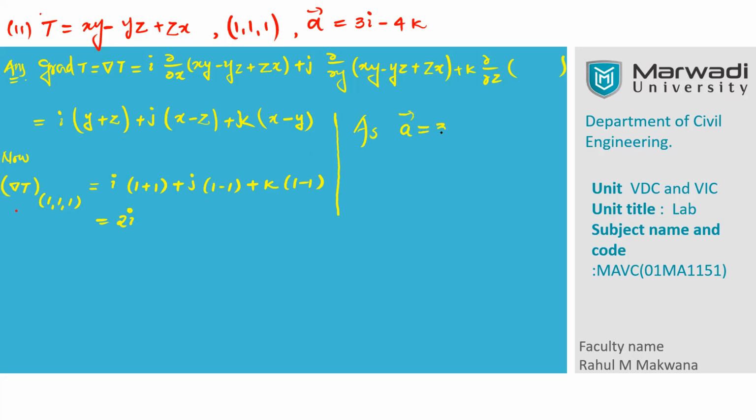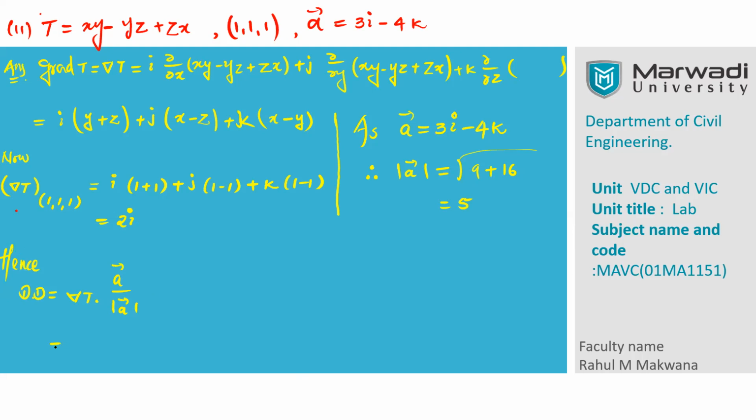As vector A is equal to 3i minus 4k, its magnitude will be the square root of 3 squared plus 4 squared, so it is 5. And hence the directional derivative